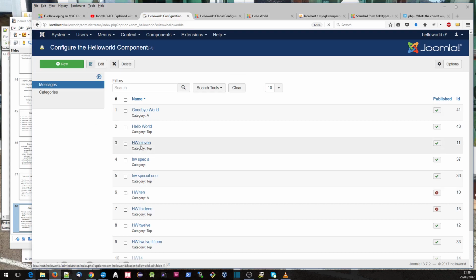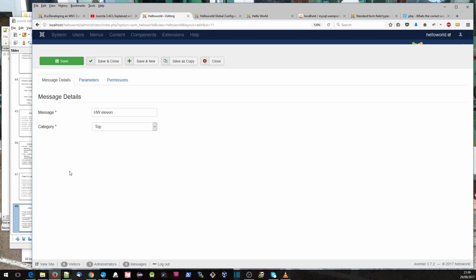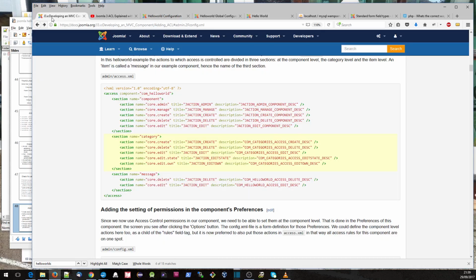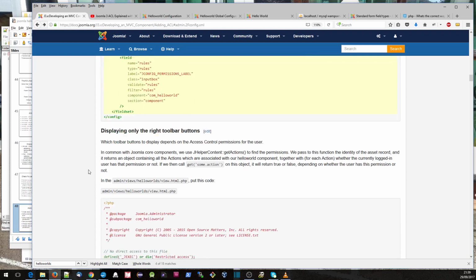And then if we click on this, we see another set of buttons here. For example, if he doesn't have create access, there's no point in putting a save as copy there, which is going to create a new record. Sorry, save as copy was the one I was thinking of. So which are those views? Well, the first view here is our Hello Worlds view. And if we go to our tutorial code,